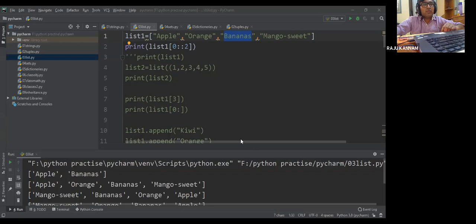Everyone able to see my window? Manish, whether it is clear? Yeah.